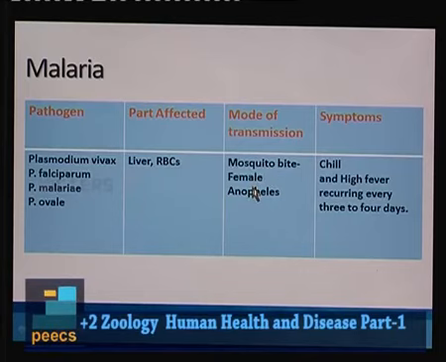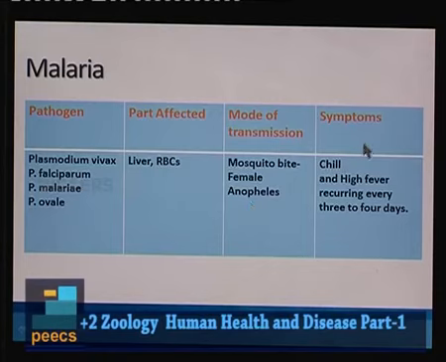Female Anopheles is the mosquito which is involved as a vector for transmission of malaria. You know, male mosquitoes are not depending on human beings. Male mosquitoes suck plant sap, and only female mosquitoes depend on vertebrates for getting a protein which is necessary for their egg development. So remember, only the female mosquitoes are sucking blood. So here female Anopheles will act as a vector for malaria.